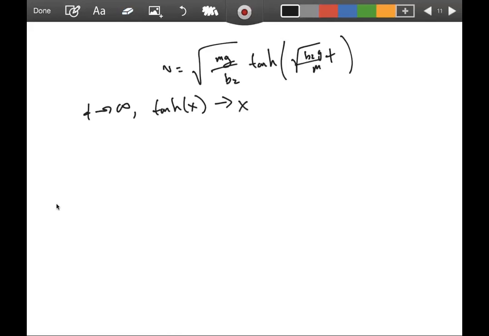Okay? Which basically means in this case, as t goes to infinity, my velocity goes as the terminal velocity times the square root of b2g divided by m times t,